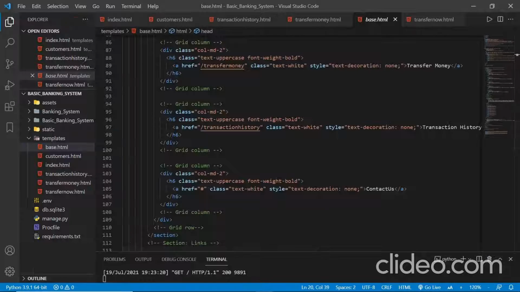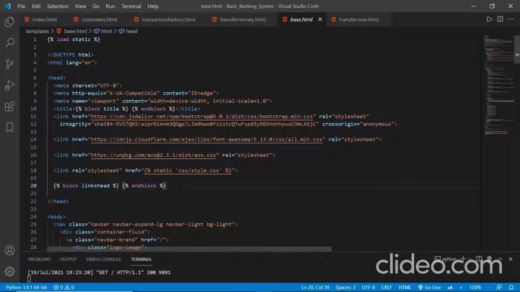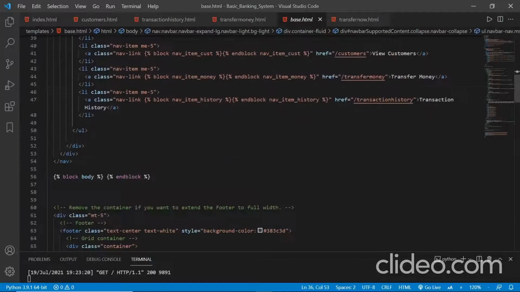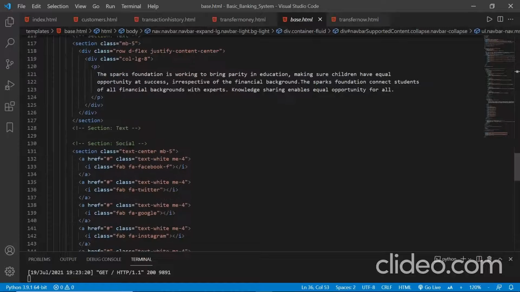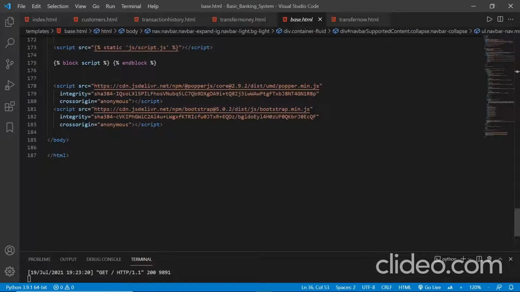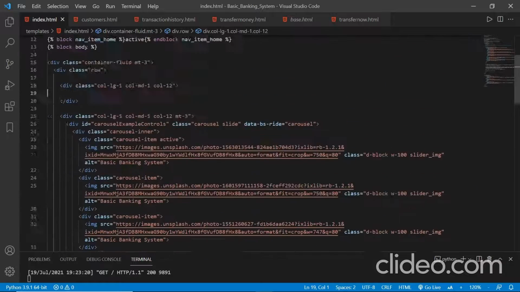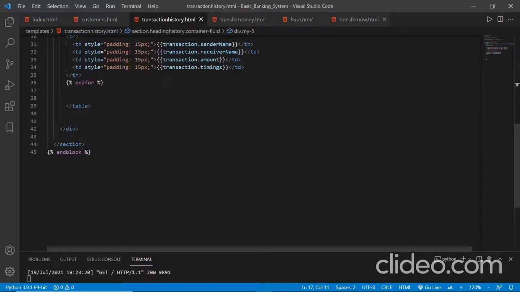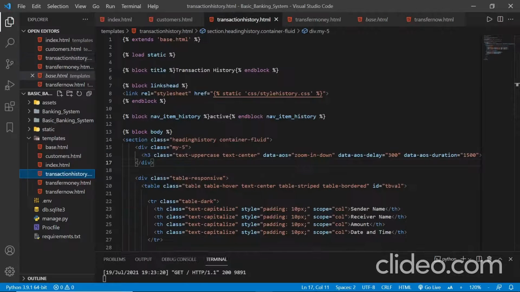So guys, as you see, this is the code of the website, and I use the Django framework to make the website dynamic. This is the customer page. This is the transaction history page. It's a transfer page. Actually, guys, this is a lot of code, and you can check it out in my GitHub repo. You can get the whole code from my GitHub repo, and you can see there. So let's see the implementation, like how the website looks.